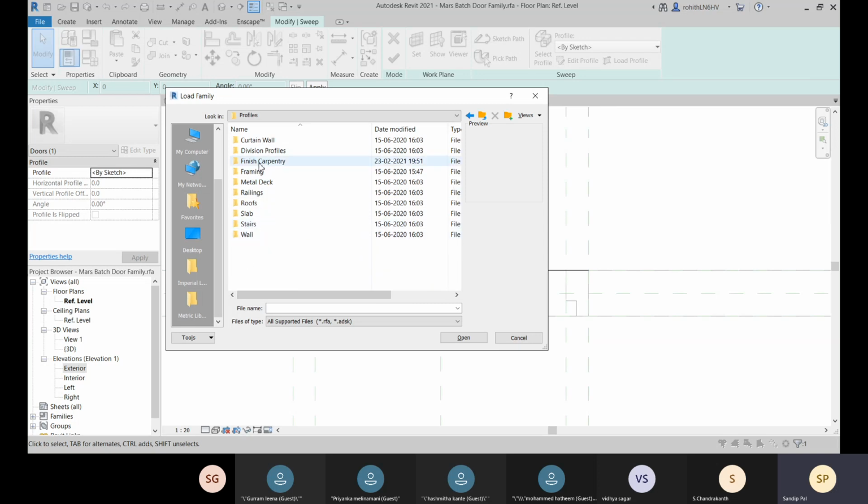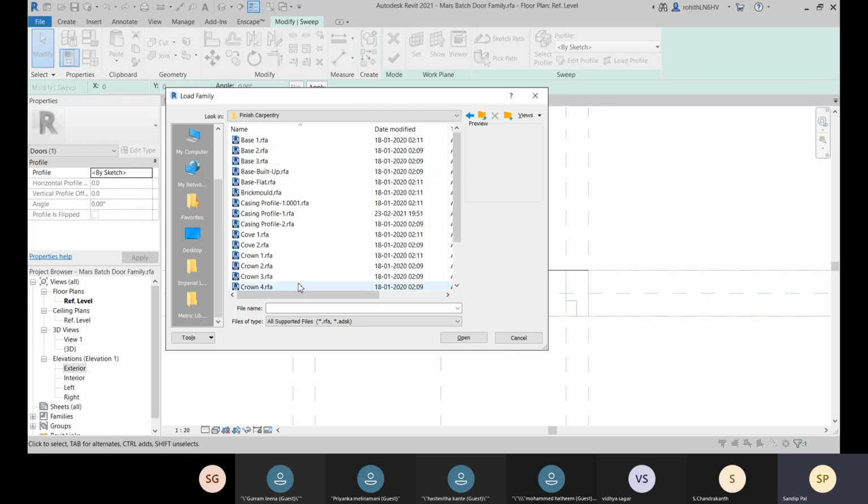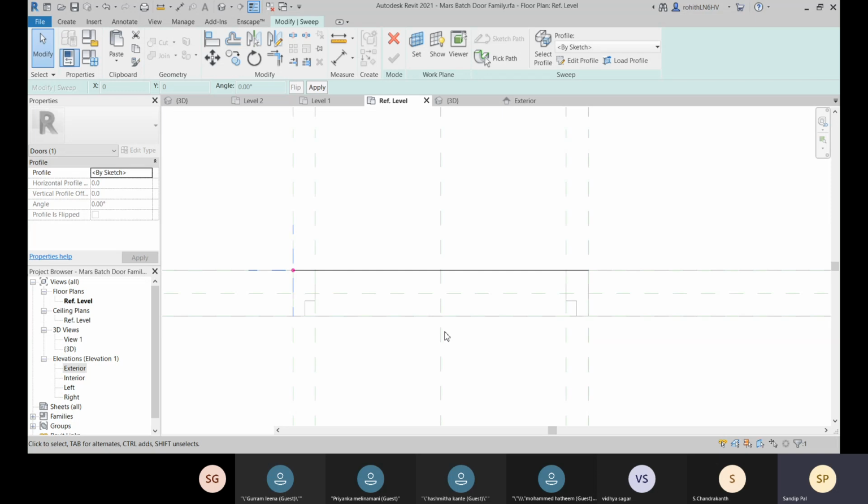Within this profile, you may have this finish carpentry. Okay, finish carpentry. So let's go for this casing, or this one, whatever you like, you can choose. All right, so let's go for this casing. Okay, this one looks good. Casing profile open. Let's go for this open.